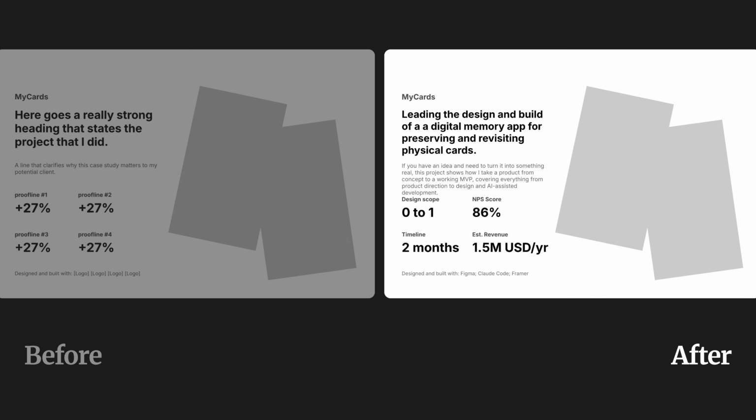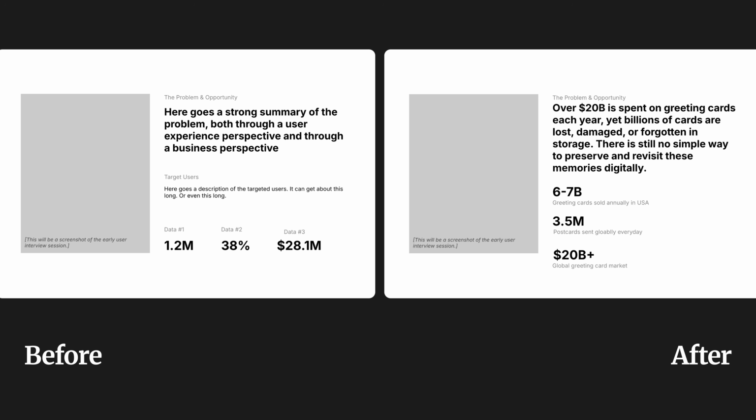On the right, you will see the after version, where I added final copy I want to use. You should be able to immediately understand what I'm trying to convey. And it's also normal to slightly adjust your layout based on what you want to write. Here are some other examples. Left is before, and right is after.